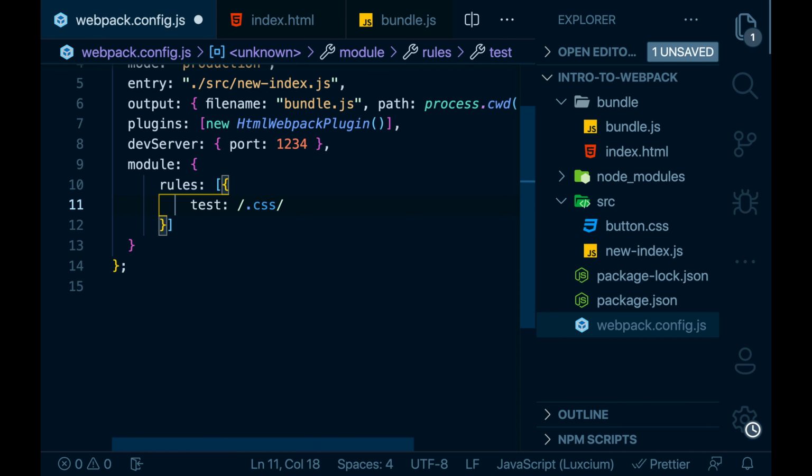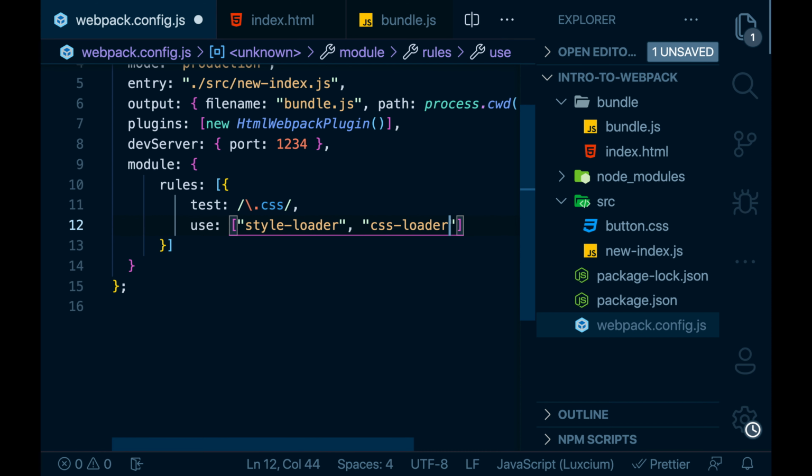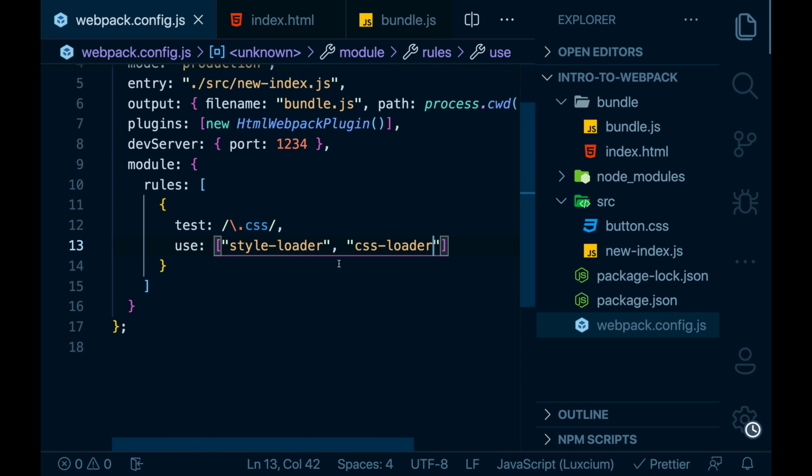So for dot I need to say backslash. I will make use of use property and apply my loaders, that is style-loader and css-loader. So for all the CSS files, CSS loader will be executed first and then we'll be executing style loader.